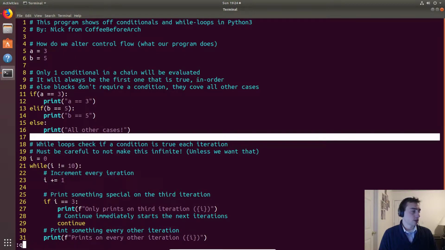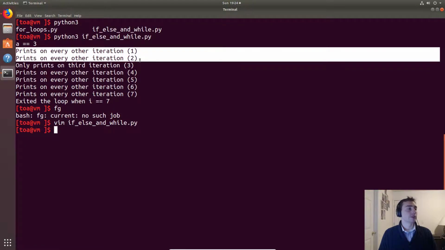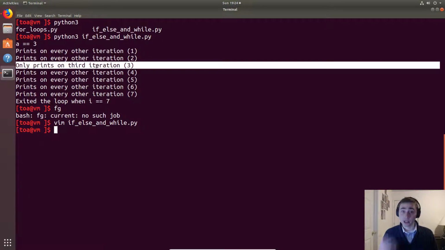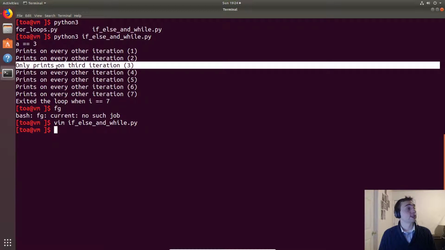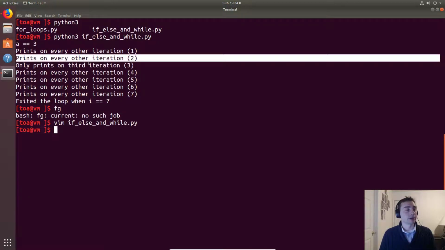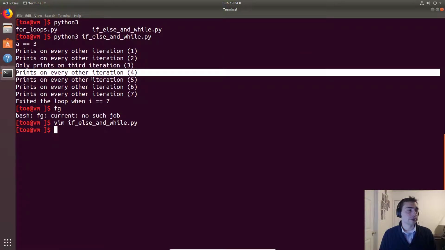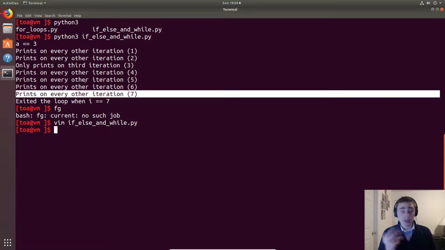So let's go back to our prints. Here we have prints within our while loop. In the first and second iteration, we just print out "prints on every other iteration" as normal. On the third, it's special. We check that if condition, and it only prints on the third iteration. It calls continue, so we don't get another "prints on every other iteration." It skips immediately to the 4th, the 5th, the 6th, the 7th,